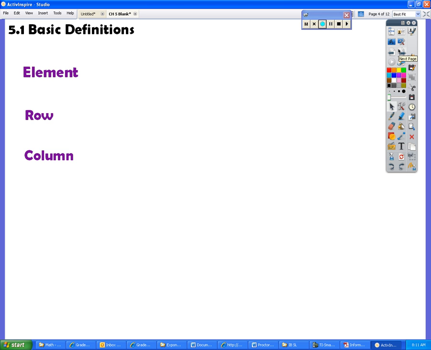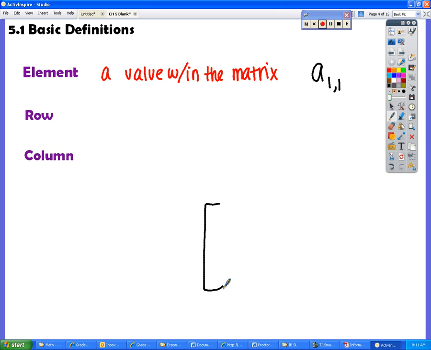So an element is a value within the matrix. And the way that we will note elements, it'll be something like A1,1. That would be inside of this matrix here. If I had 1, 2, 4, 0, negative 1, 5, 6, 9, 1, A1,1 would be the